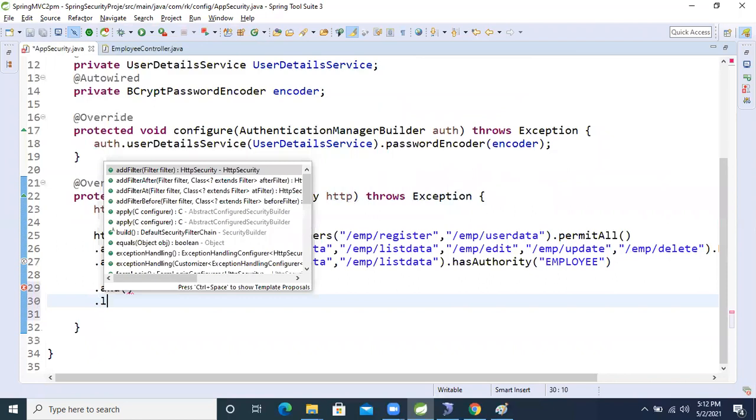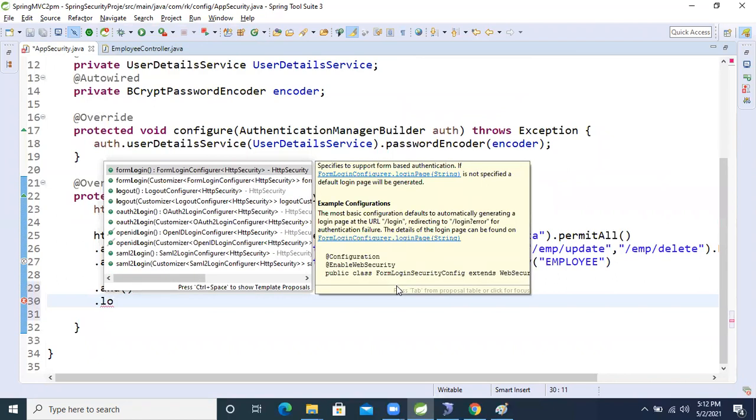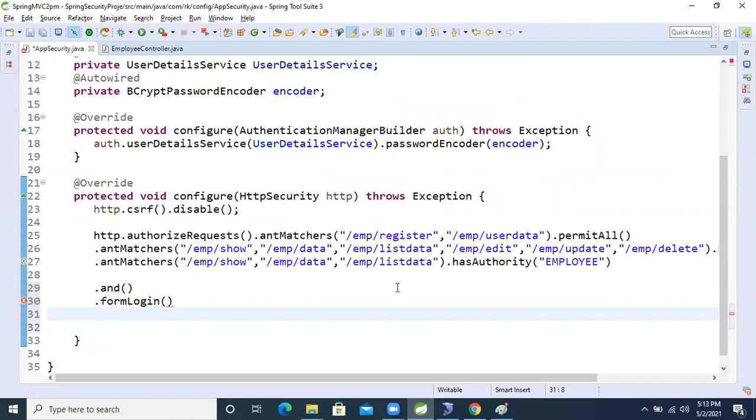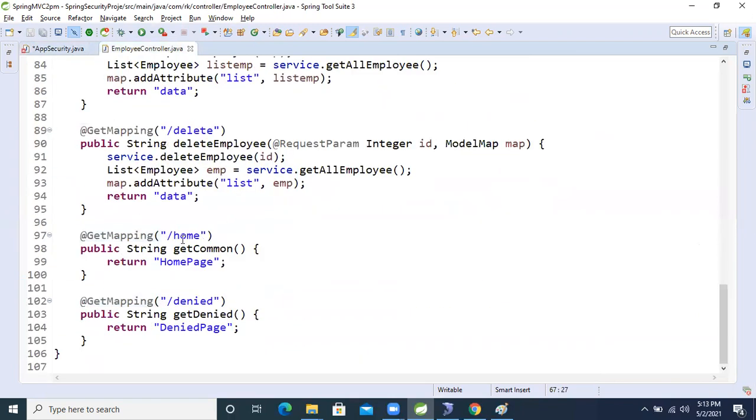After that, what will we do now? Login form also we need, right? Login form. After login, I want the home page, guys, we created, right? We created this home page by default. Whenever our application logs in successfully, this home page I need.